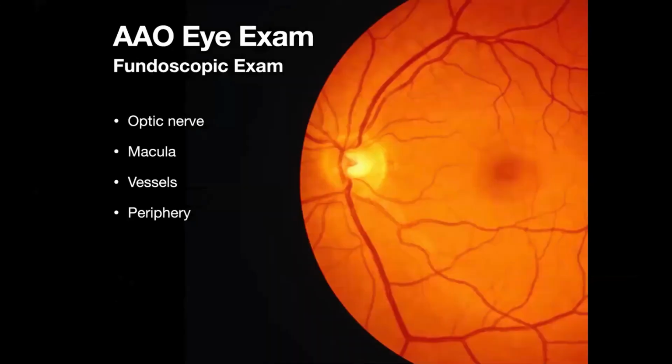And this is really the kicker, right? This is where all the fun happens in the eye, on the fundoscopic exam. There's a lot of anterior pathology, but all the interesting pathology tends to live in the back, although I'm sure my cornea colleagues would get very disquieted to hear that all the fun is in the retina. But basically in the fundoscopic portion, you're looking at the optic nerve, the macula, the vessels and all the periphery, and whether there are any issues as it pertains to the back of the eye,